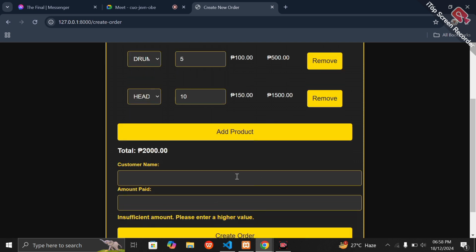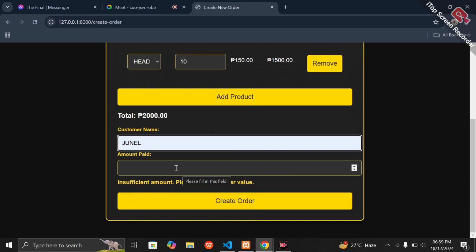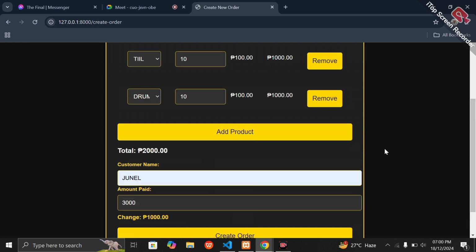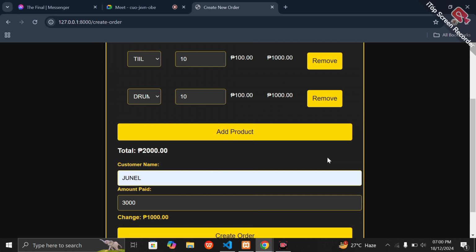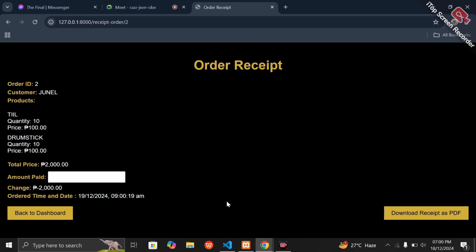Once you're done, you can also put the name of customer, and you can also put the amount. You can see the amount paid, and you can see the total of change. So we can create order.